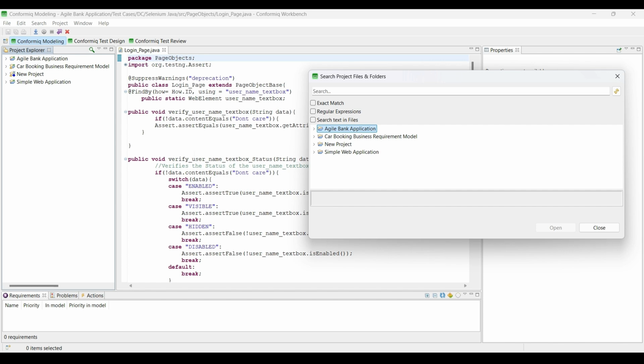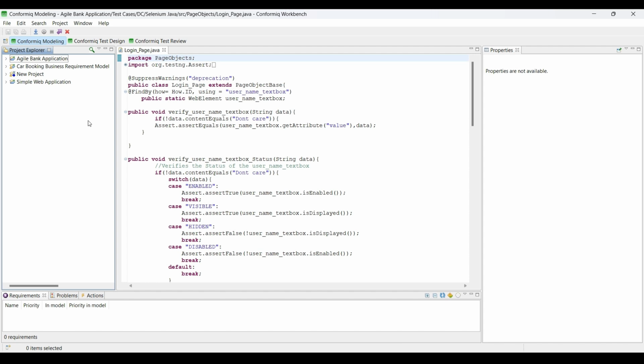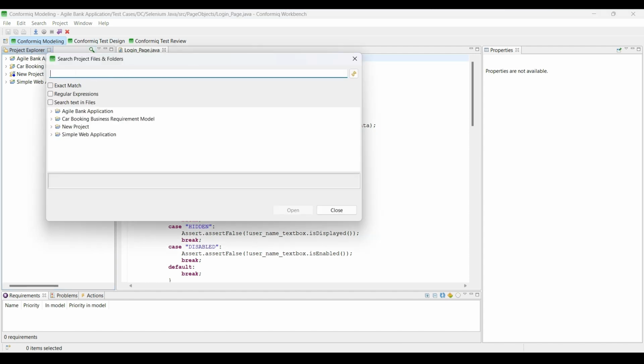As you see, the file has been opened now, and you can also find the entire list has been refreshed. Now suppose you want to search for an exact match. Once you open the search window, you need to check this checkbox, and then mention the entire text. Suppose I want to find a particular AD file, so I need to mention the exact name of the AD